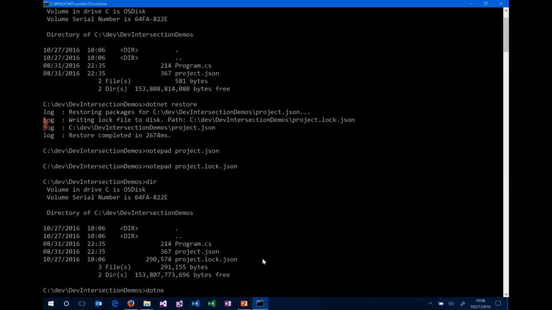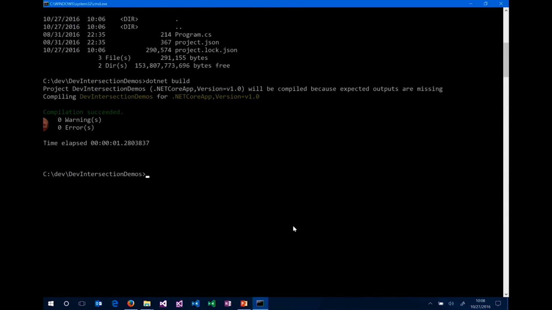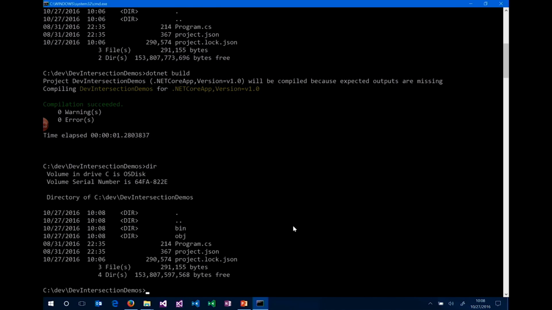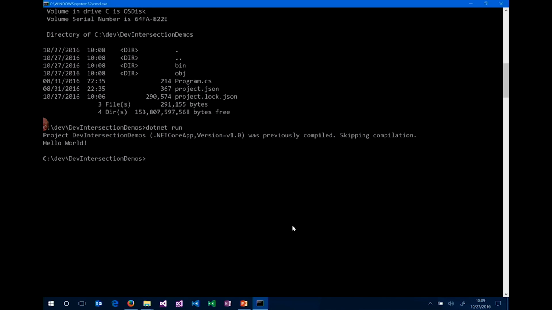So we know that we can do a .NET build from here, right? And it goes and it compiles and it makes my project available to run at this point. Because if I do a .NET run, I get my hello world. Big deal. But what's important is that we now know where all these things actually live on disk,